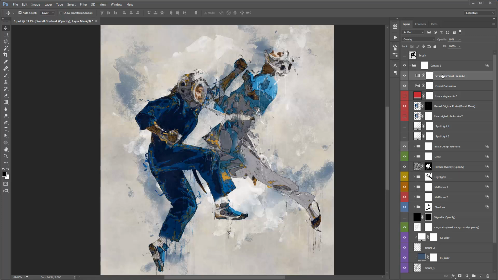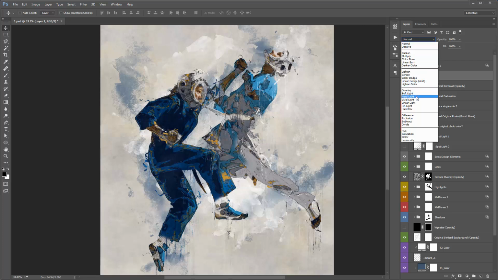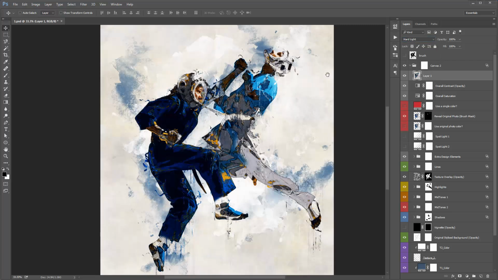Okay, I'll do that again. Control Shift Alt E or Command Shift Option E. Okay, and I'll set that to hard light. And so what it does, it really just boosts up the brightness, the color saturation, just intensity of the